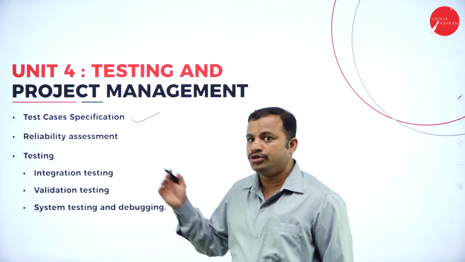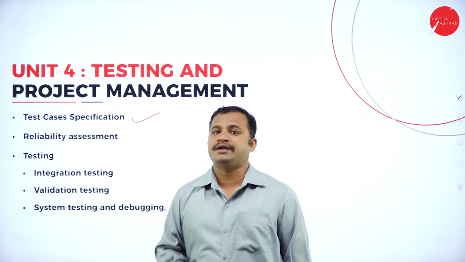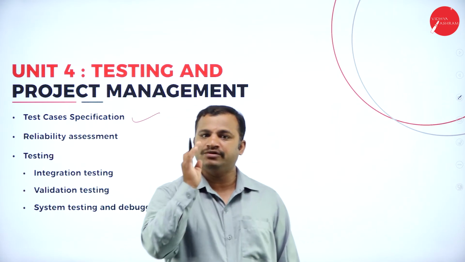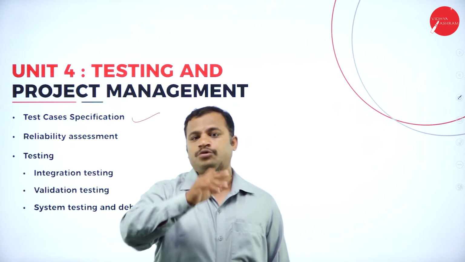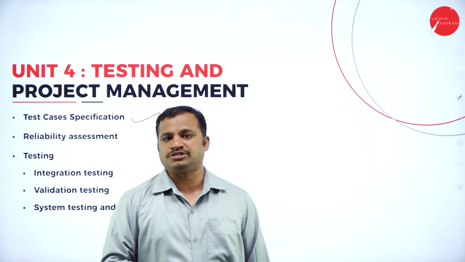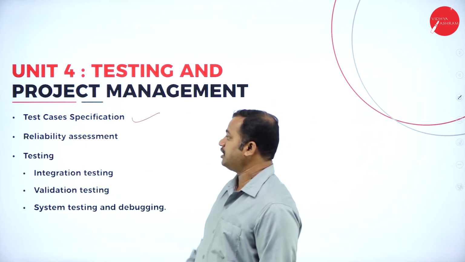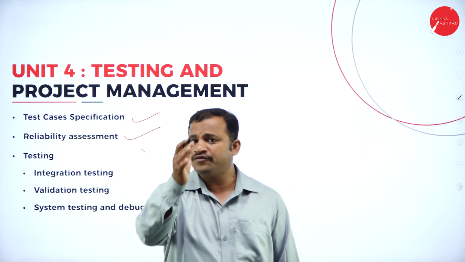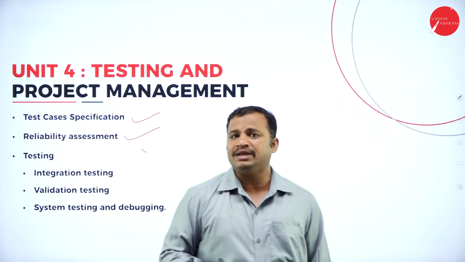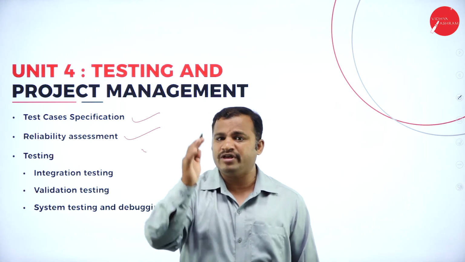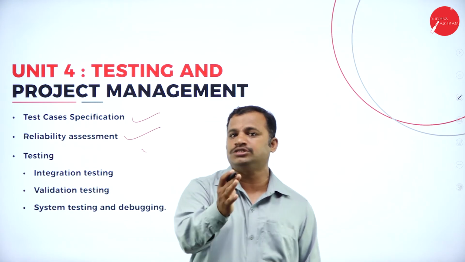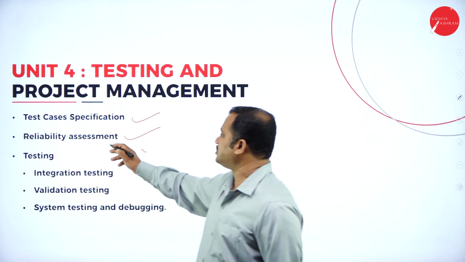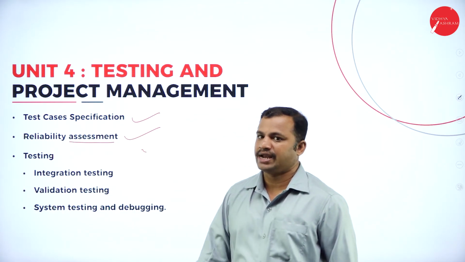Then test case specification. In this, I told you that different types of test cases are carried out. That is, in test case 1, he may give the proper input. In test case 2, he may give partially proper input. And the output would be that it has to raise the exceptions. That is called test case specifications. Then reliability assessment. Reliability: whether the software developed by the developer is going to be reliable or not. That means whether it is going to work properly for all the possible combinations of inputs given by the user is going to be tested. That assessment is carried out.